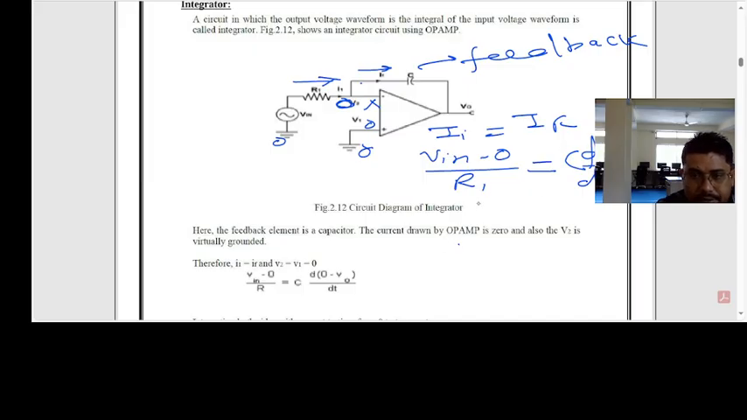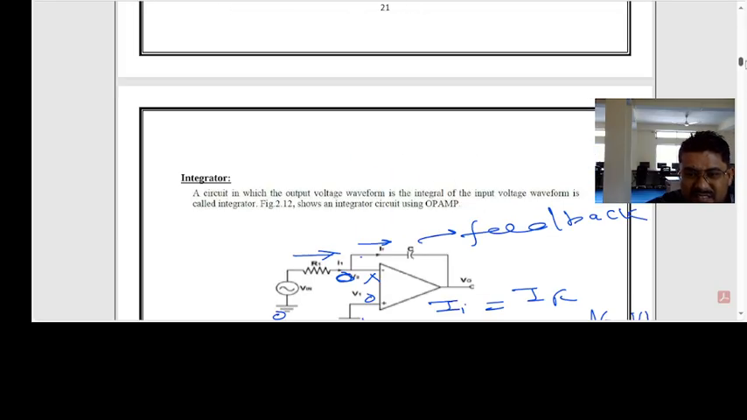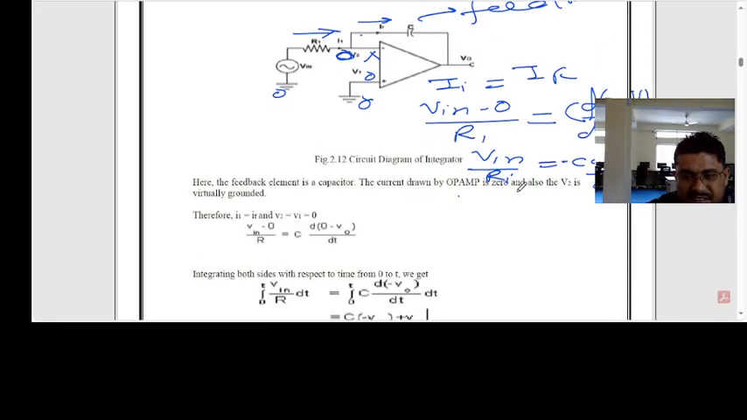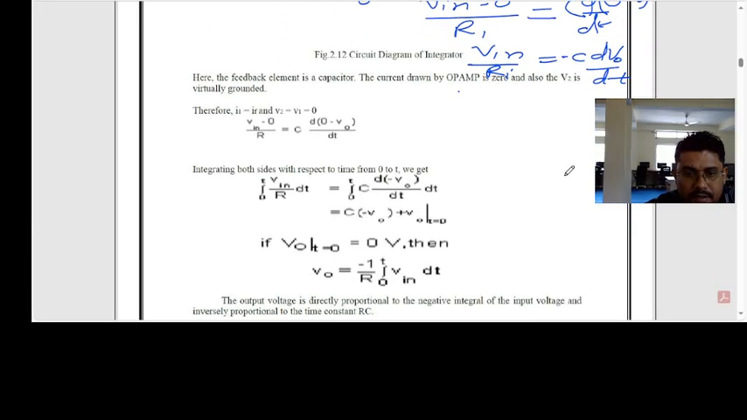So we can rearrange this as Vin / R1 equal to minus C dV0 / dt. Now integrate both sides. Again we can integrate both sides of this equation. Integrate Vin divided by R equal to minus C integration of